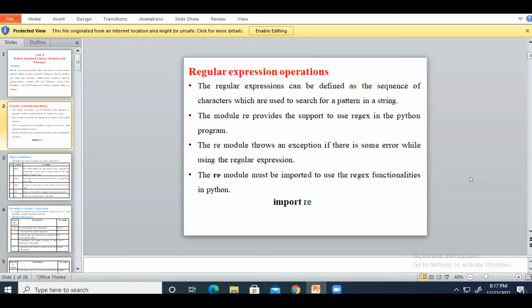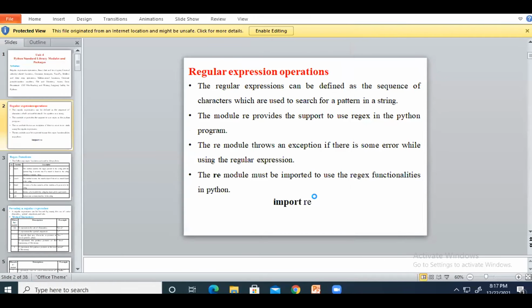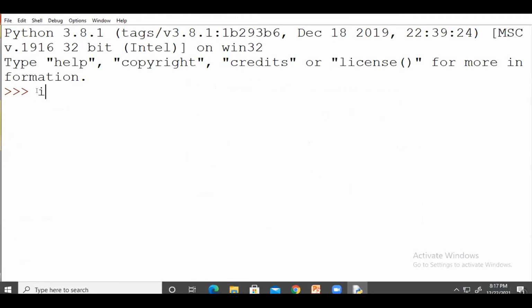So for that we are declaring the re module. How to import this module, I will tell you. Just simply write import re. If this line is successfully executed, your re module is already installed.